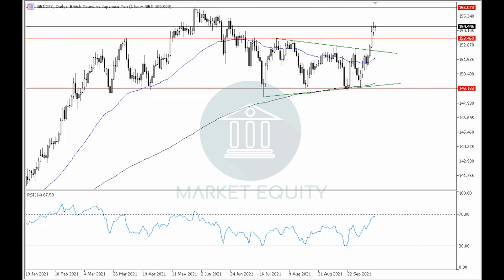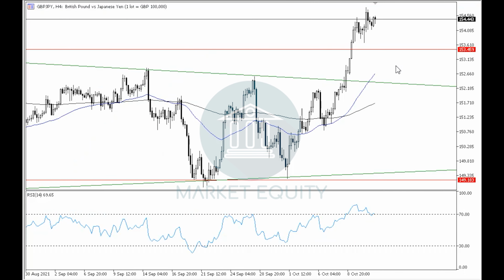Let's move to the 4-hour time frame, where we can see that upon breaking upwards to level 153.45, which as we said was the horizontal resistance level for the pair in the 4-hour time frame as well as the daily time frame, and is currently a horizontal support level for it in the 4-hour time frame and the daily time frame, the buyer's power has started seeing opposition from the seller's power, and due to that, it supports the probability of rebounding downwards off of around the current levels,